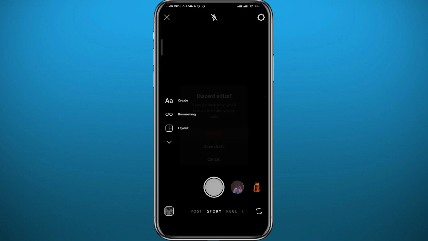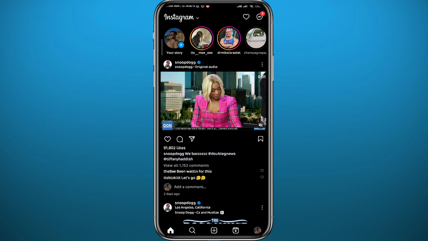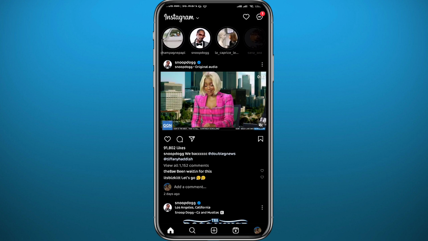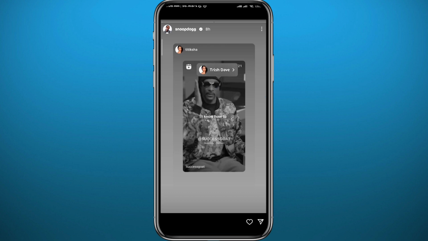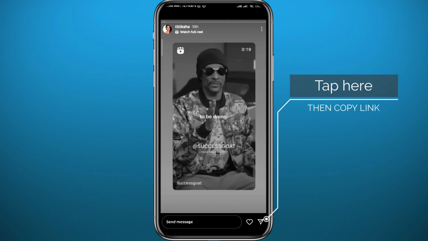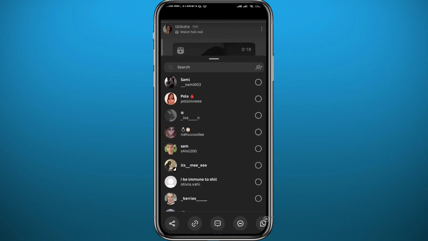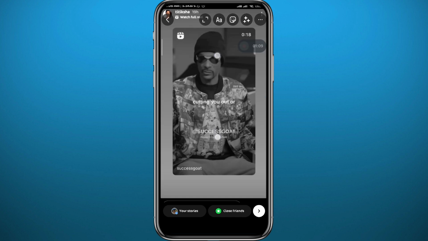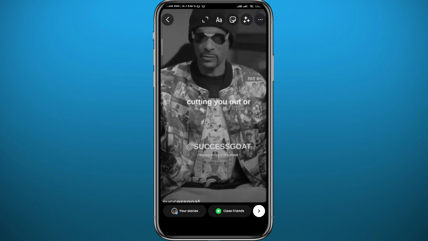But to add the link to it, you can go back to the same story. So let's open Snoop Dogg's story and open this original one right here. Open the story, tap right in the bottom right corner, and then tap on copy right here in the bottom. Once you copy this link, go back to the story that you posted, and then swipe up from the bottom of the screen,